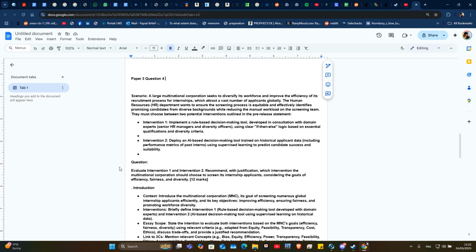The difference between question 3 and question 4 is simple. Question 3 deals with one intervention. One company is trying to do something to its workers or university or whatever. Evaluate it based on the criteria. That's it. However, for question 4, you have two things. So you have to evaluate the first thing, you have to evaluate the second thing, and you have to compare between both of them according to the criteria. Which one is better? Which one is going to win at the end of the day? And then you are going to recommend which one is better. You're going to recommend other future implications related to it. And boom, you get your full mark if done correctly.